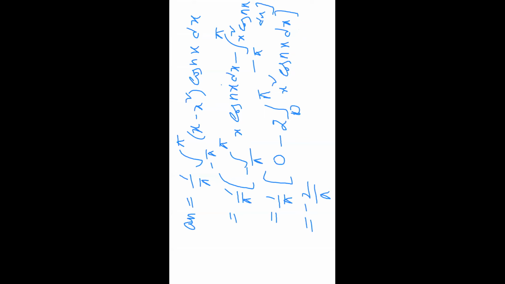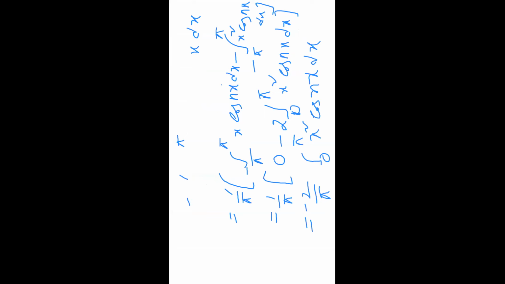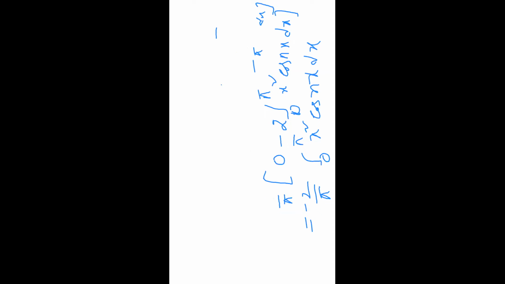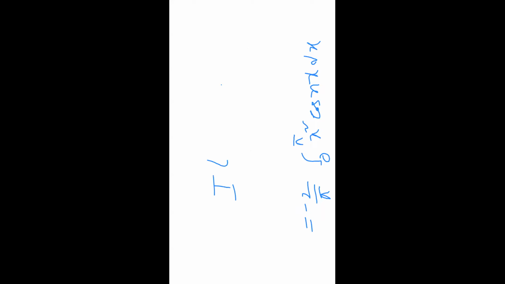So write the constant term outside, minus 2 by pi, and the required value is the integral from 0 to pi of x square cos nx dx. We have to find the integration as the integral of uv. Taking the Euler principle, we solve the problem by the integration by parts method. In integration by parts, first we have to identify the first function from the Euler principle.